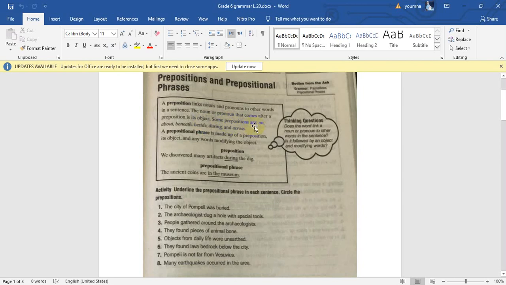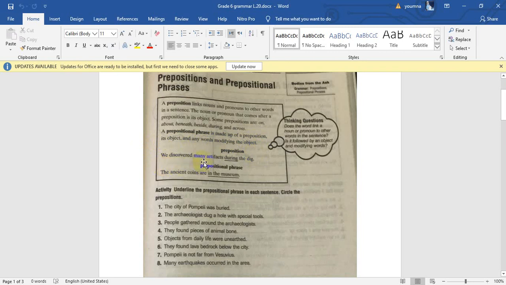Some prepositions are on, about, beneath, beside, during, and across. A prepositional phrase is made up of a preposition and its object. It means the noun or the pronoun, and any words modifying the object. For example,